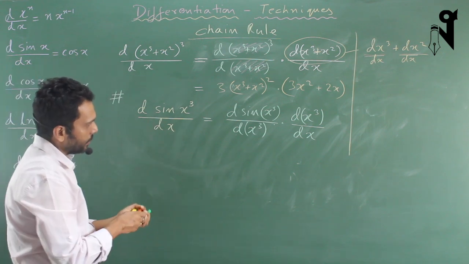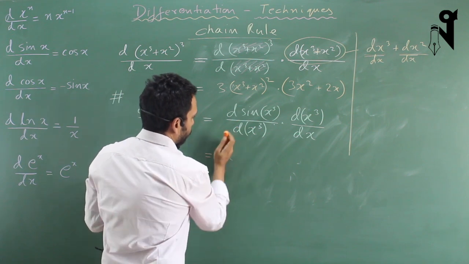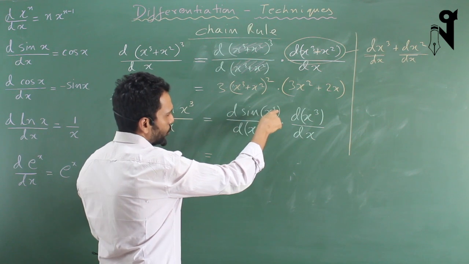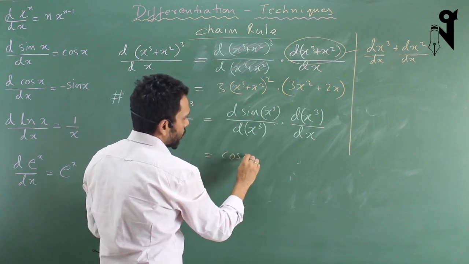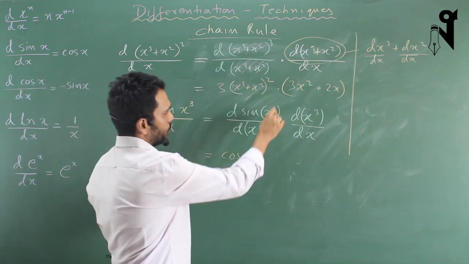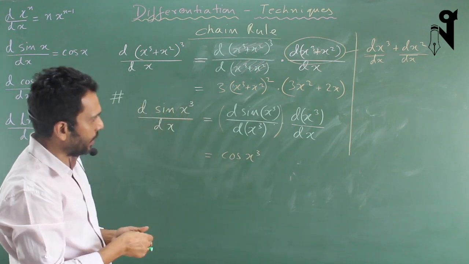So the answer over here is quite simple. I'll not write d sin t and all. So d sin x cube with respect to d x cube is cos x cube. I hope you got that. So that's the first part. And the next part,